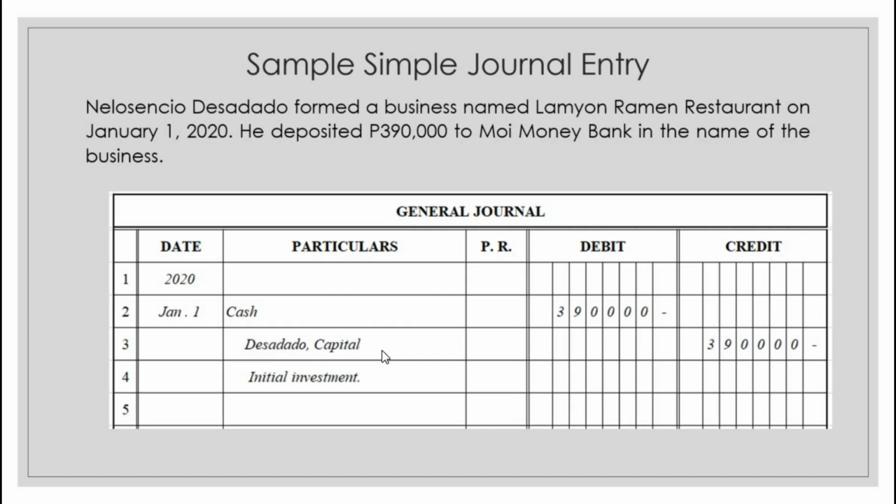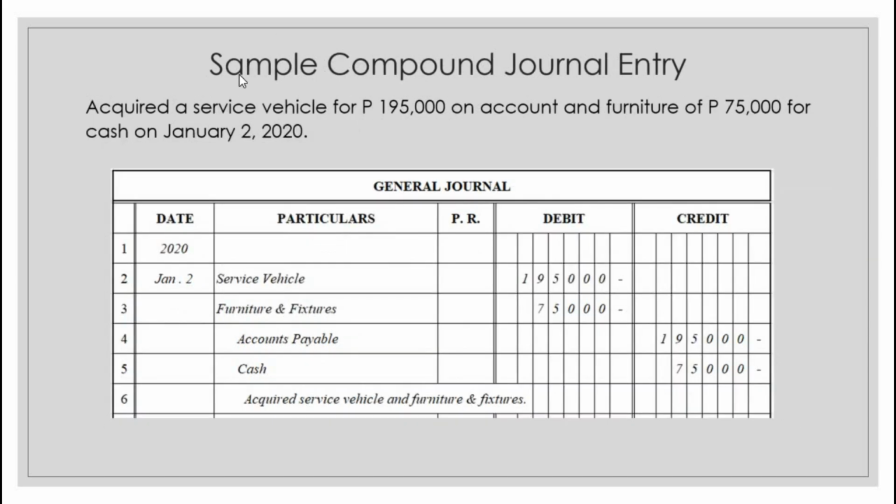So that's why it's called a simple journal entry. So this is, naman, a sample of a compound journal entry. The transaction is: acquired a service vehicle for 195,000 on account and furniture for 75,000 for cash on January 2, 2020. So to record the transaction, of course, you have your date, and in your particulars,